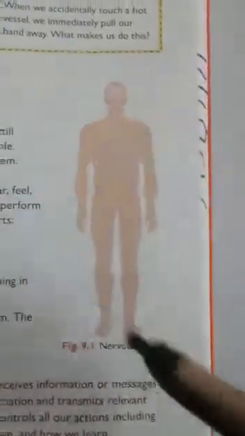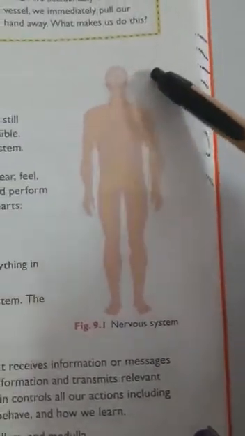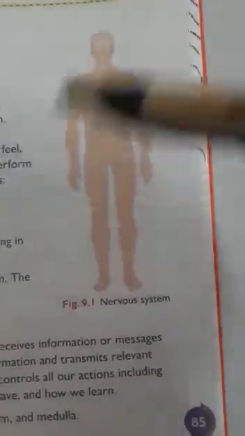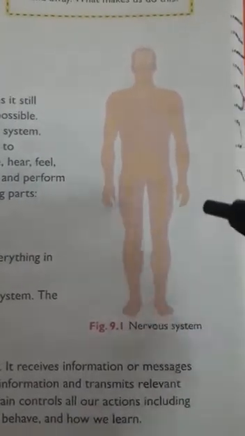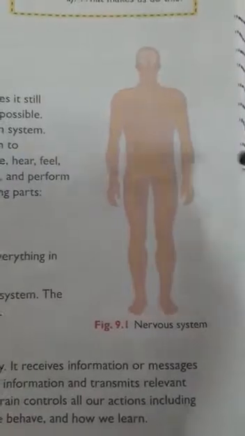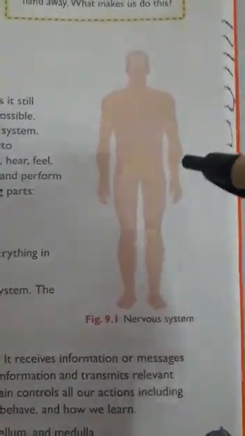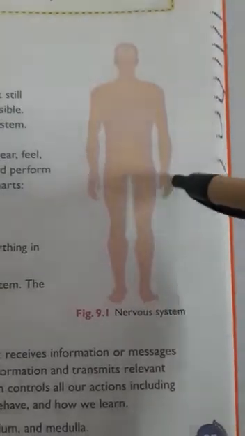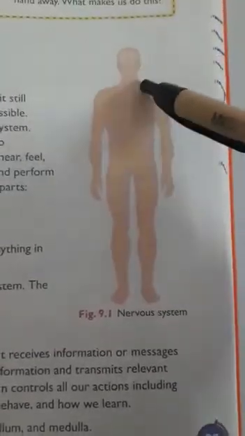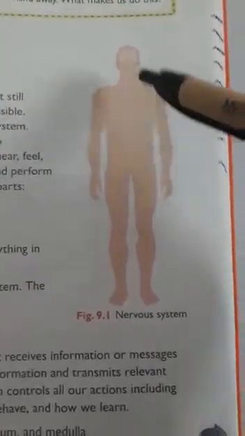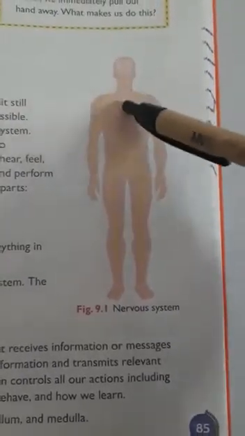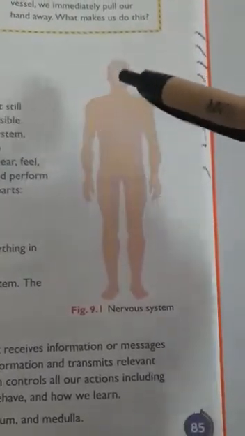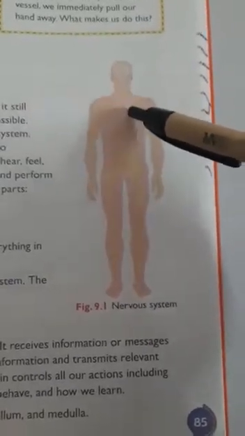When the brain is getting the messages from the nerves, it gives instructions to the body on how to respond. What are the instructions the brain is giving? How to respond to a particular change. If we get a cool touch on our hand, how we should respond. If we get a hot feeling when we touch a hot thing, how to respond to that. If we are eating a sweet, the brain gives information to the tongue on how to respond, a sweet response, a sour response, a hot response or a cold response.